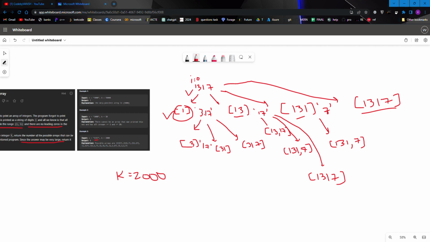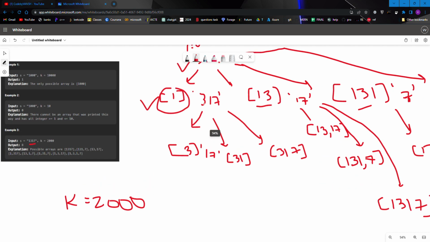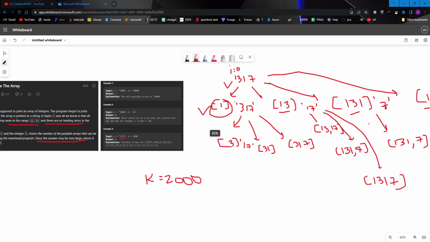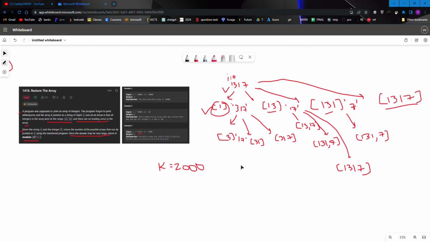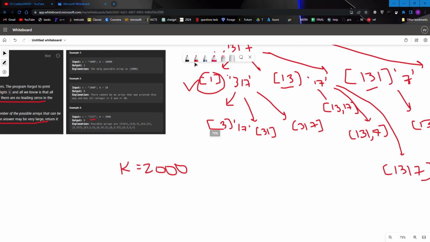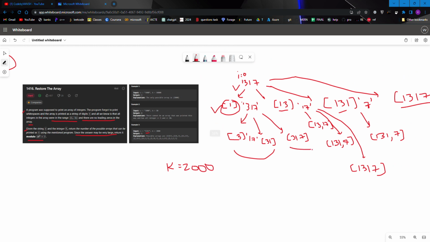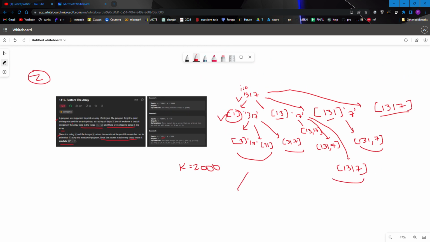Now we expand our tree, and we can see that 317 and 17 and 7 are the corresponding remaining strings. That's why we get these strings at the end of the possible ways. After getting all these branches out, we can see that the possible ways we are getting are 8.